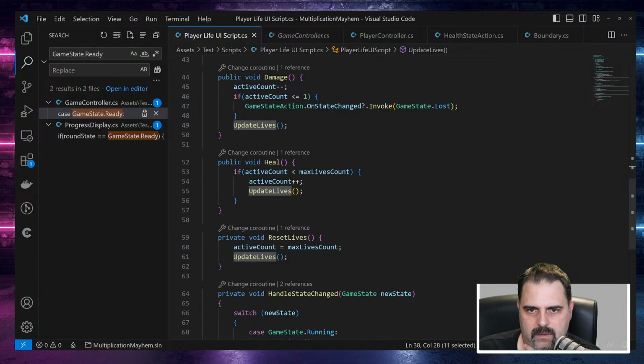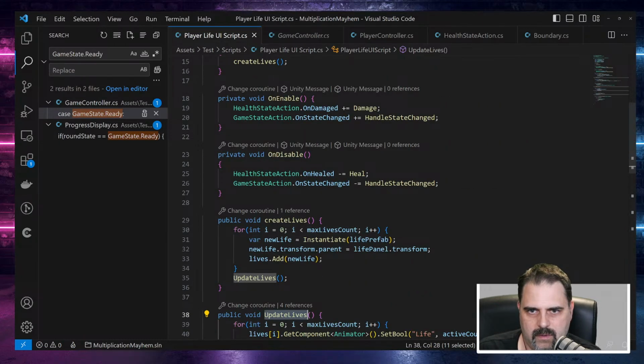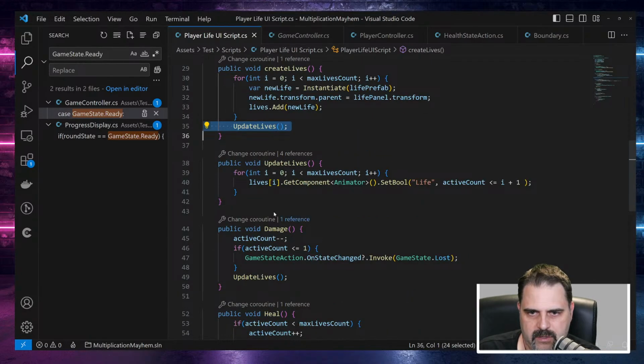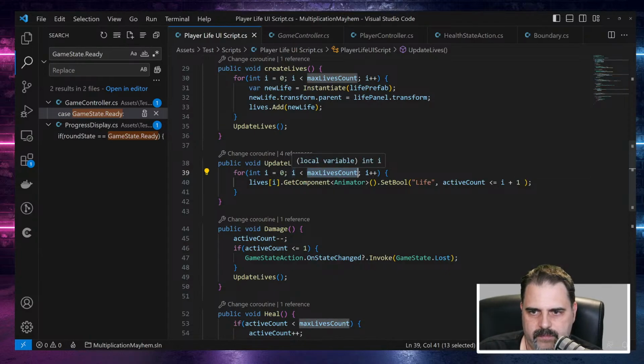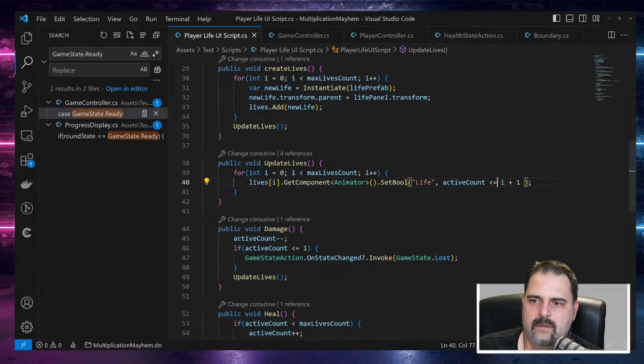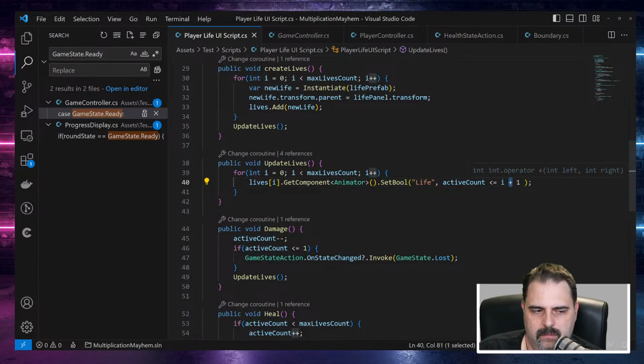No, the create lives and then update lives. So it goes from 0 to max count. And lives get and set all lives as active count. So E1, E0, and